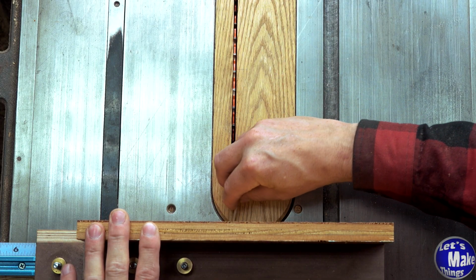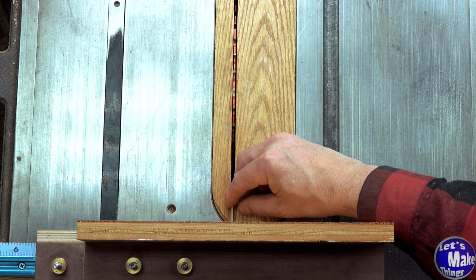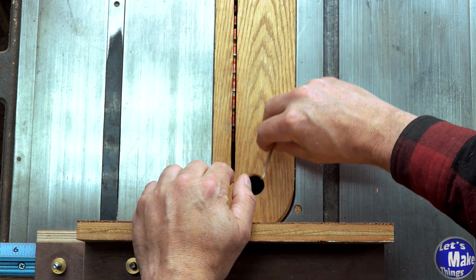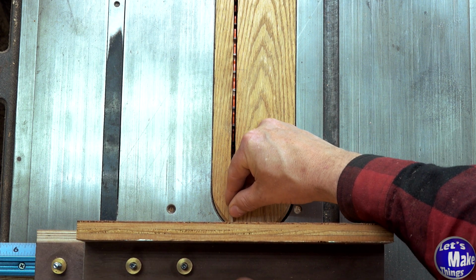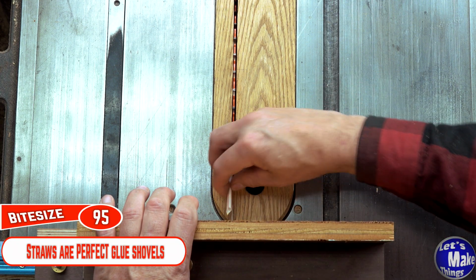I'll check to make sure that this slides in here, and that's a good fit. Now I need to add a little bit of glue to the end of this. The side we bevel will obviously point up, so we want to make sure that that's pointing up. Now I can just slide this in, make sure that it's all the way in there. And I'll take a straw and clean up any of that